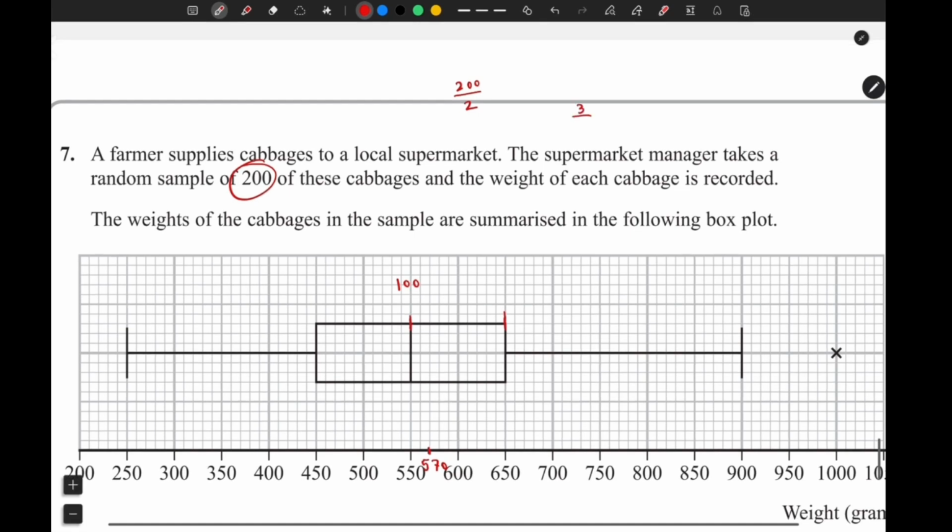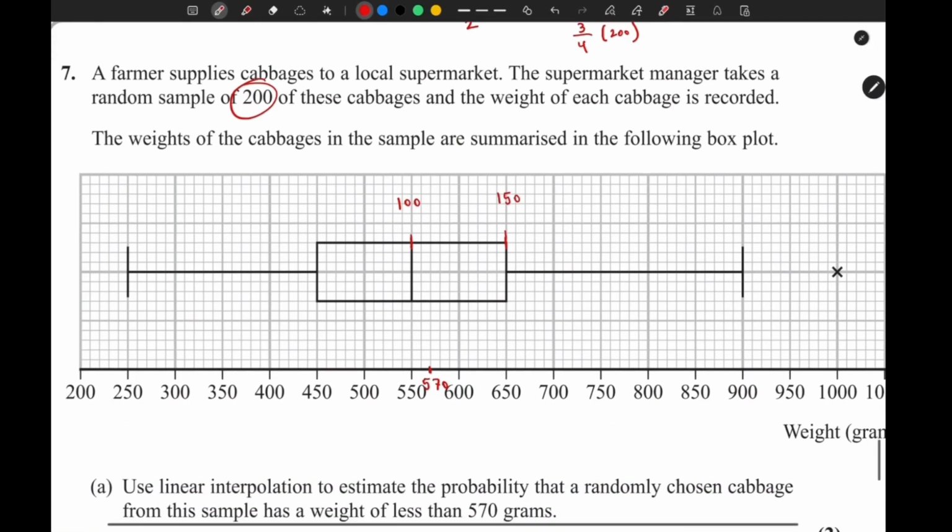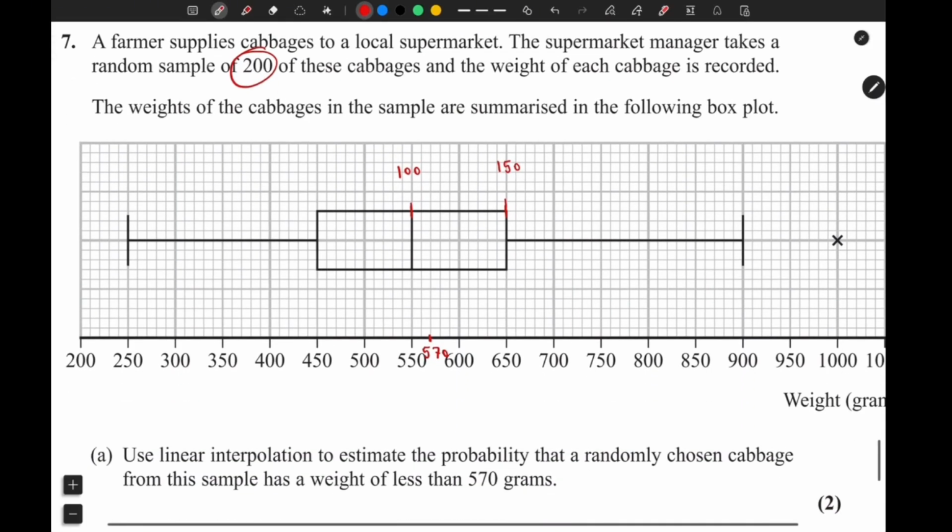The upper quartile is 3 over 4 times n, which gives us a value of 150. So this is 150 cabbages, and there are a total of 50 cabbages between these two lines. So at 570,